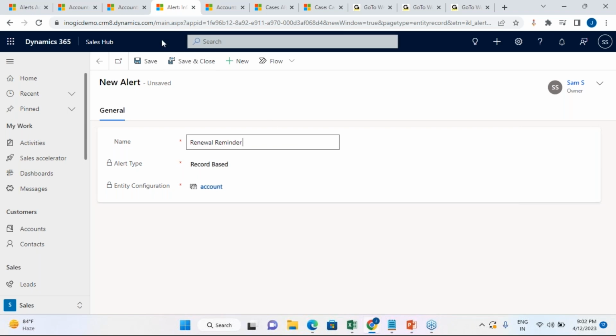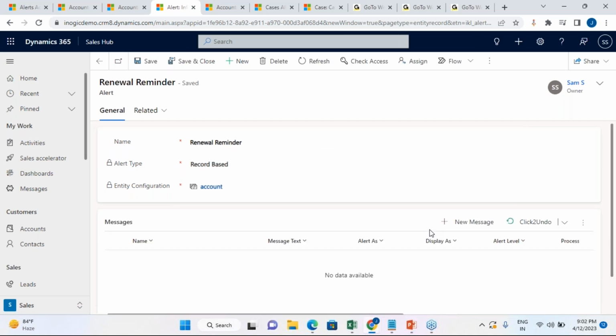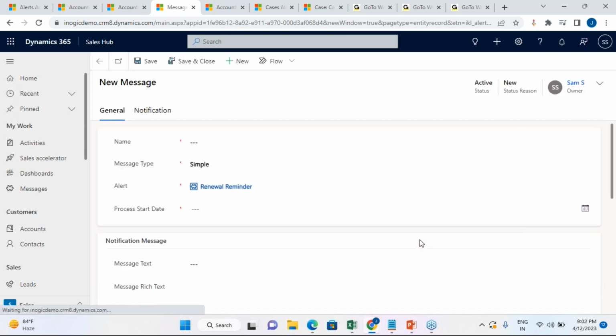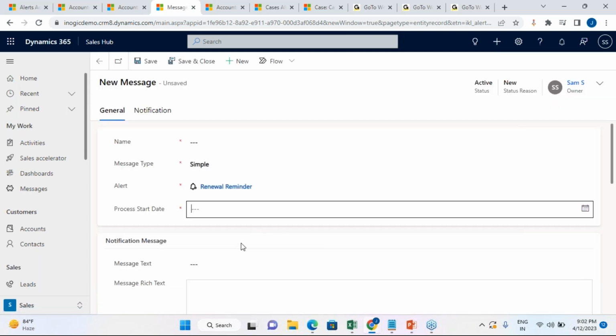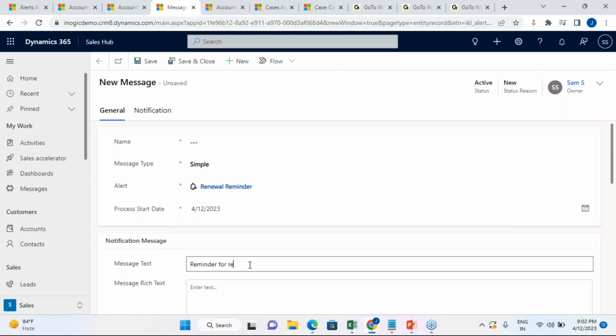And once you click on save, the next step is as simple as what we have seen, that is to create a message. So what message do you want to give to the user? I will create a message the same way we have seen for a rule-based alert. So the message is a reminder for a renewal follow-up